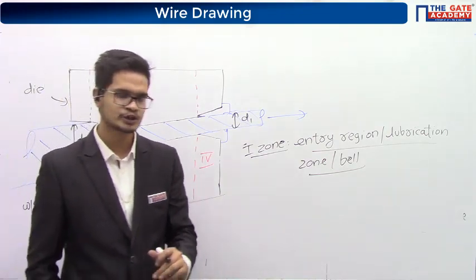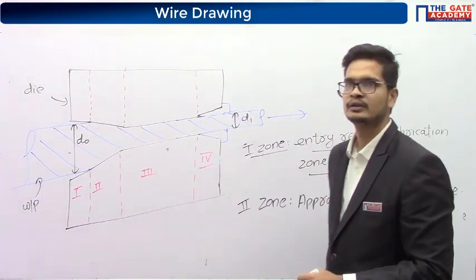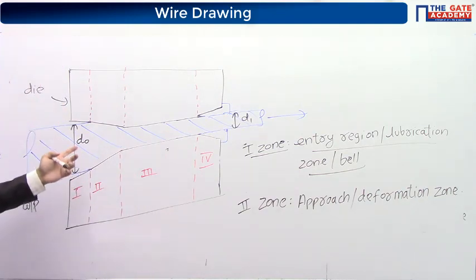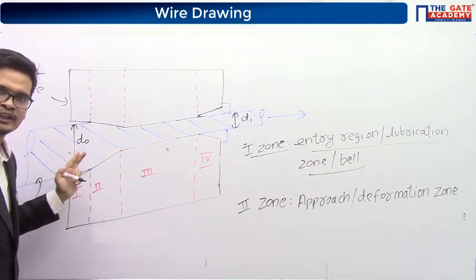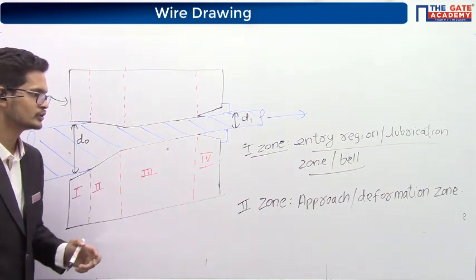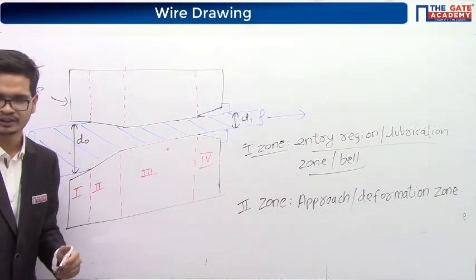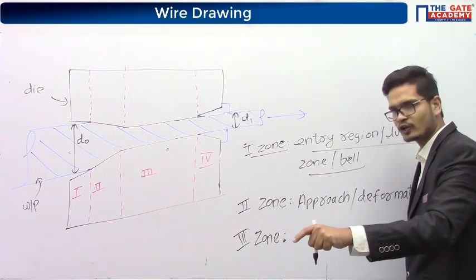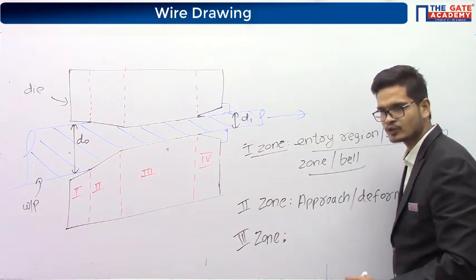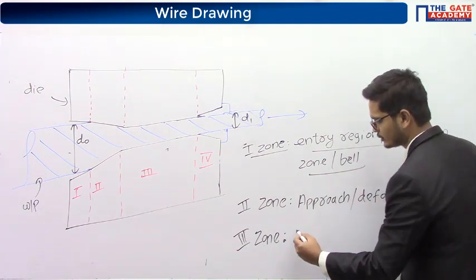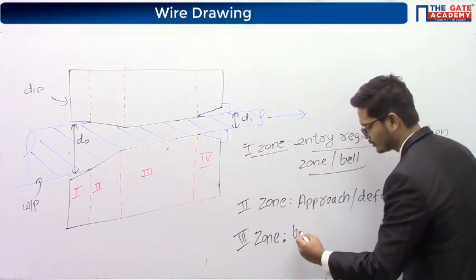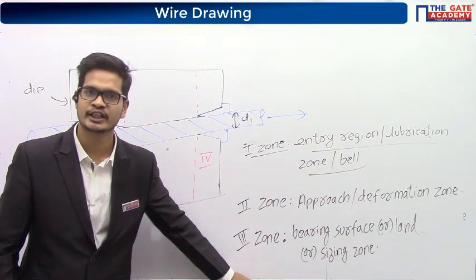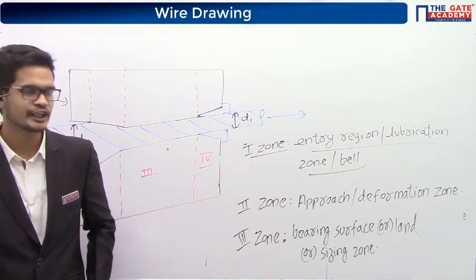Okay. About zone 2, zone 2 is also called as deformation zone. Why? Because at the entry of zone 2 we have the initial cross section area, and at the exit of zone 2 we have the final cross section area. Okay. It is also called as sizing zone. Along with whatever has been mentioned in the secondary screen, it is also called as sizing zone. Okay. So along with whatever has been mentioned in the secondary screen, in zone 3 you can add,